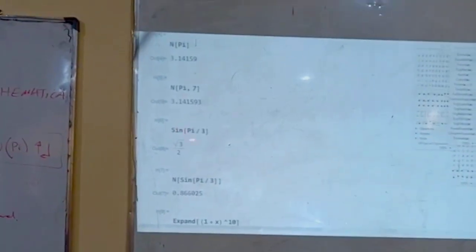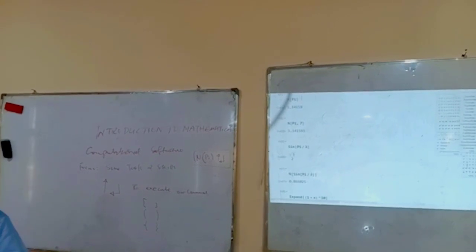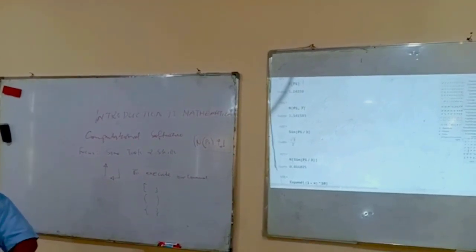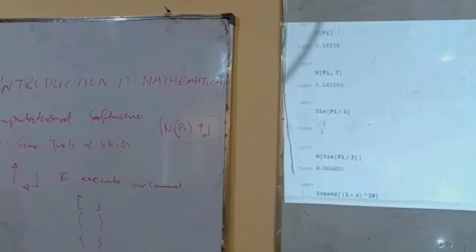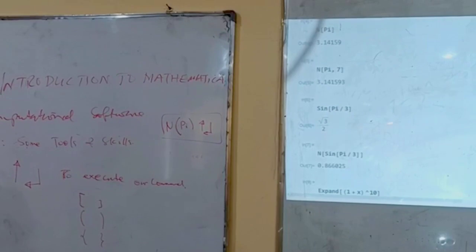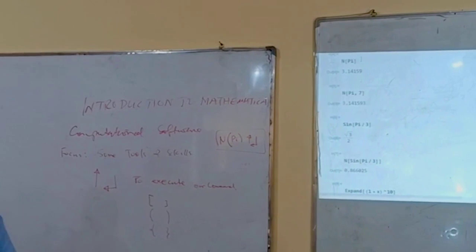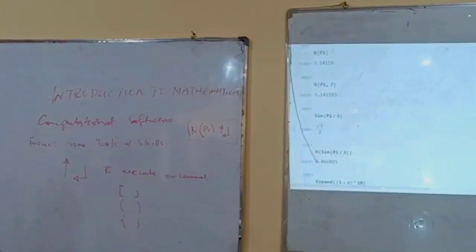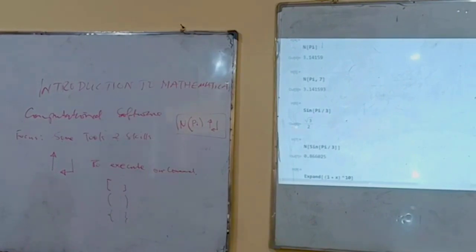And then you use a square bracket, which tells you sine has an argument. Sine x, sine x squared. Whatever that is there, we use a square bracket as an enclosure of the argument. After this, during the expansion, I will not tell you what each of them stands for. Now, if I say sine of pi by 3, pi by 3 is actually 60 degrees. Is it not? Okay. Now, if you execute this, it will give you square root of 3